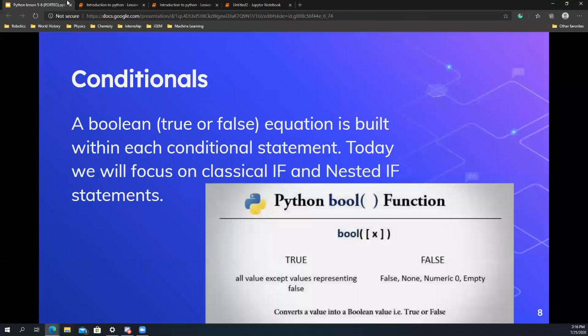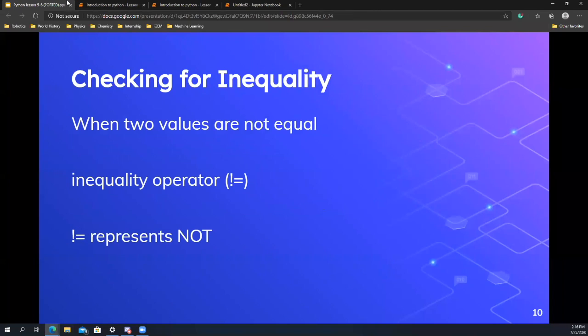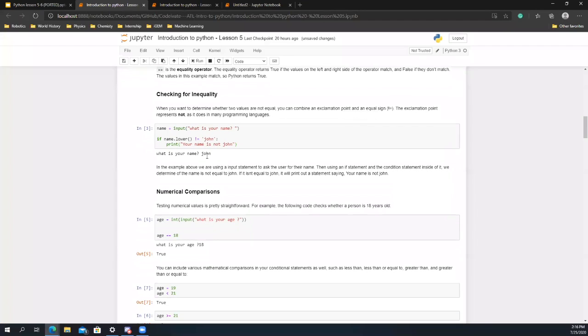Now, let's move on to checking for inequalities. When you want to determine whether 2 values are not equal, you can combine an exclamation point and an equal sign. The exclamation point represents not, as it does in many other programming languages. So if you were to read it, the exclamation point followed by the equal sign means not equal to. That's what the exclamation point and equal sign represent. So to demonstrate this, let's